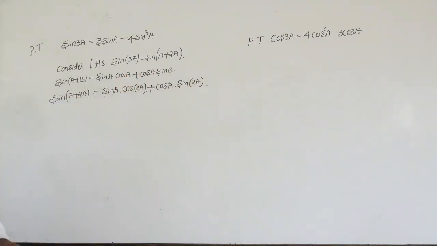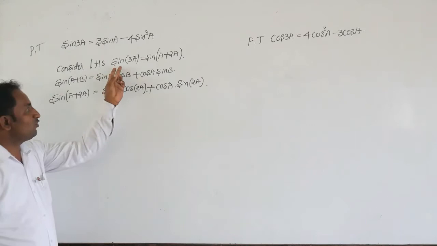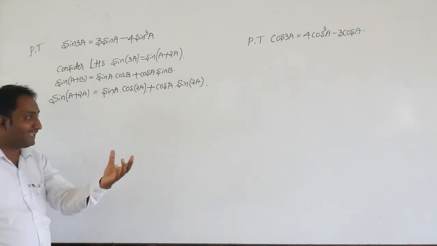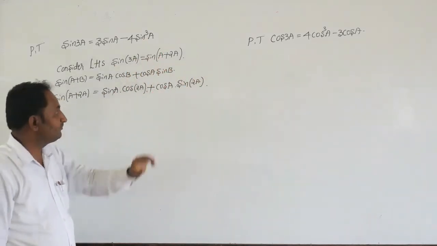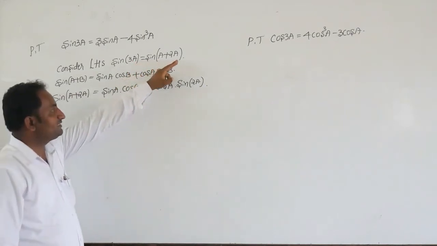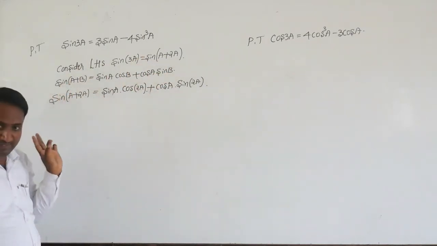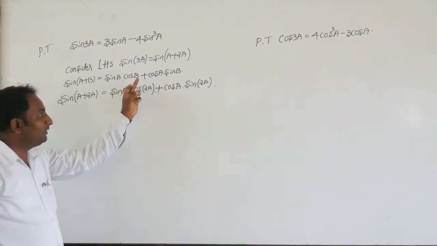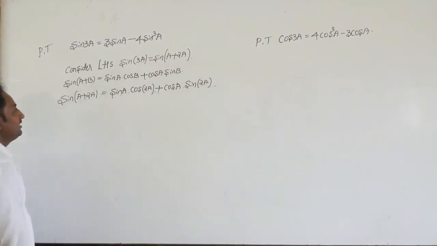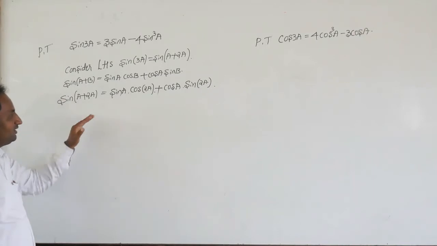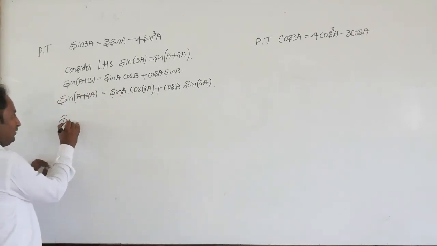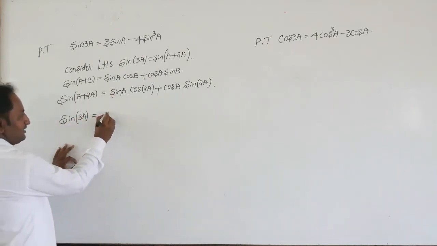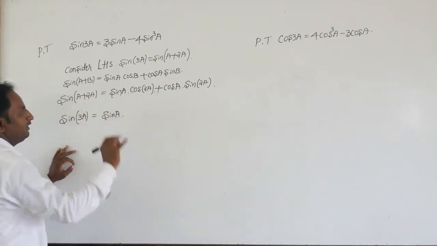Here consider LHS part, sin of 3a. Sin of 3a is split as sin of a plus 2a. Here sin of a plus 2a is in the form of sin of a plus b. We know that the formula sin of a plus b is equal to sin a cos b plus cos a sin b. Applying this formula, we get this result. Sin of 3a is equal to sin a into cos